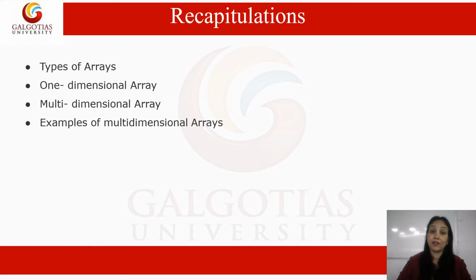See, we have done types of arrays: one-dimensional array and two-dimensional array, and also what we call multi-dimensional arrays. I have told you that practically, in your syllabus, as you are first year students, there are only one and two-dimensional arrays. But I told you about 3D and n-dimensional arrays in our previous sessions, right? And we have also learned some examples of multi-dimensional arrays. So this is what we have done regarding arrays in the sessions we previously completed.